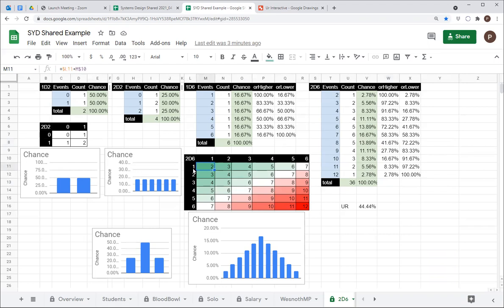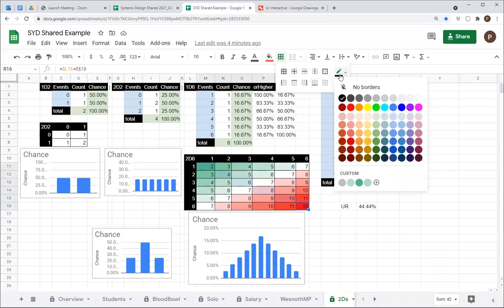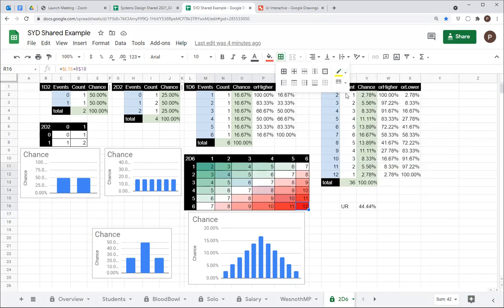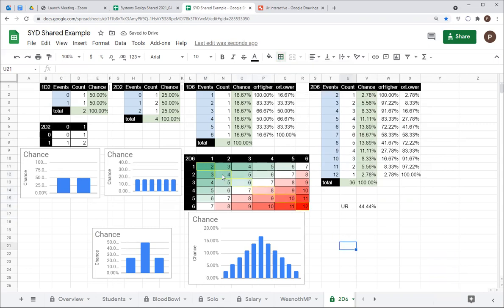So 1 and 1, that's a double. I'm going to hold down Control and click. 2 and 2, that's a double. 3 and 3, 4 and 4, 5 and 5, and 6 and 6. Notice what it is. It's a diagonal in the opposite direction of the 7. And to be extra fancy here, I'm going to make those borders bright yellow and really thick, okay? So notice I've changed the borders on the doubles,